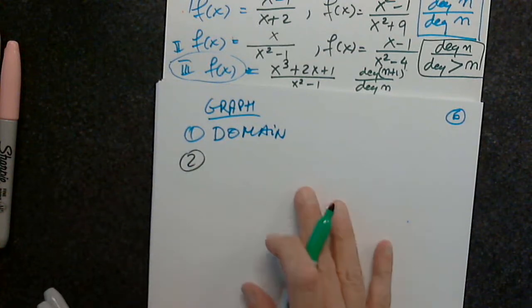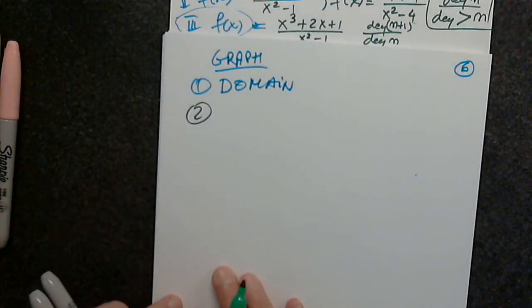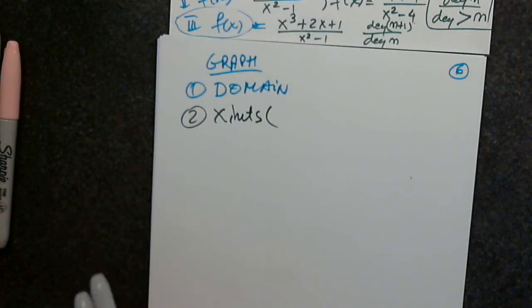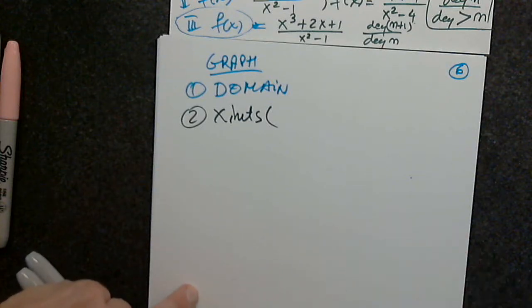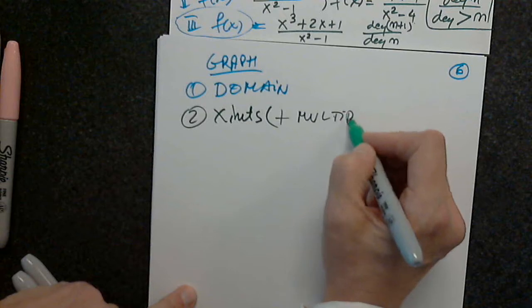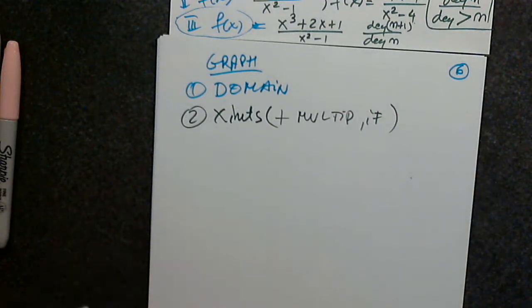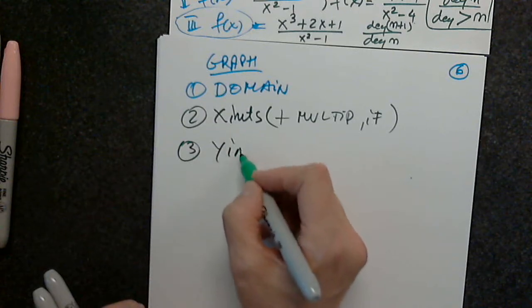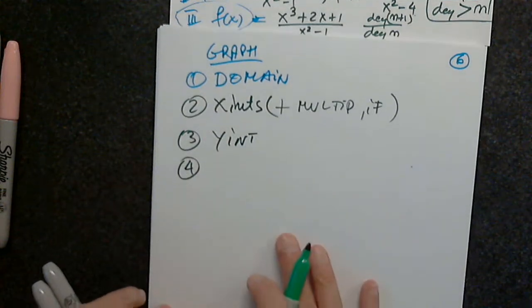And number 2: x-intercepts, and the multiplicities, if that's the case. Number 3, very good. Number 4,